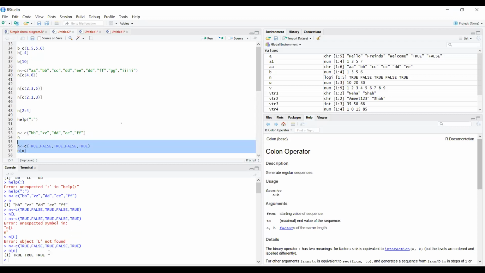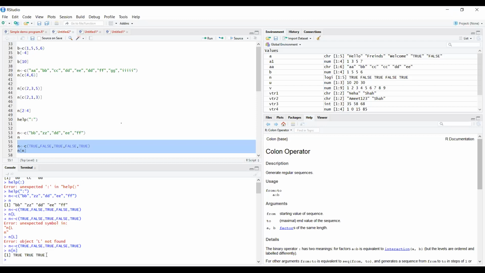See, this is what we are getting: true, true, true. Every time, the false statement is now converted into true. So whenever you pass the logical values, it will only take the true values and it will remove the false values. This is what we call logical indexing.